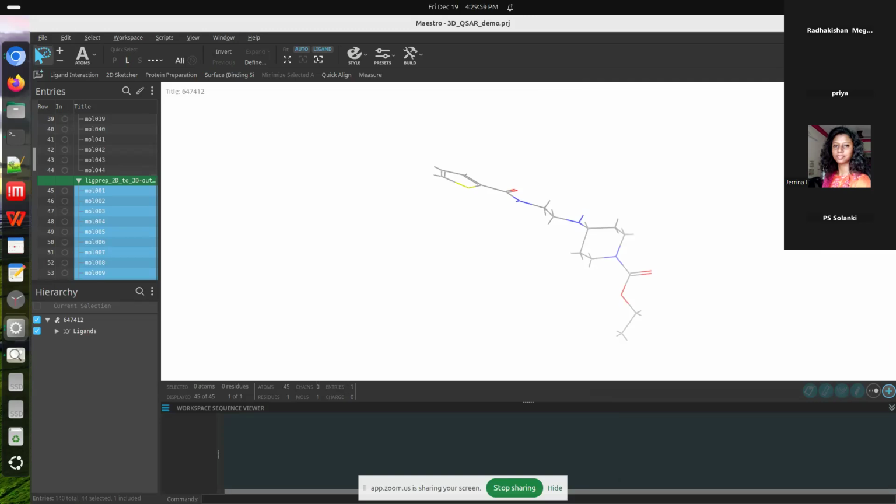And the second step which you have to do is define the test set and the train set. The data set which I am using is already a predefined data set where the training and the test set are already defined. So I'm not going deep into that. I'll just show you how to do that. And after you prepare the ligands,